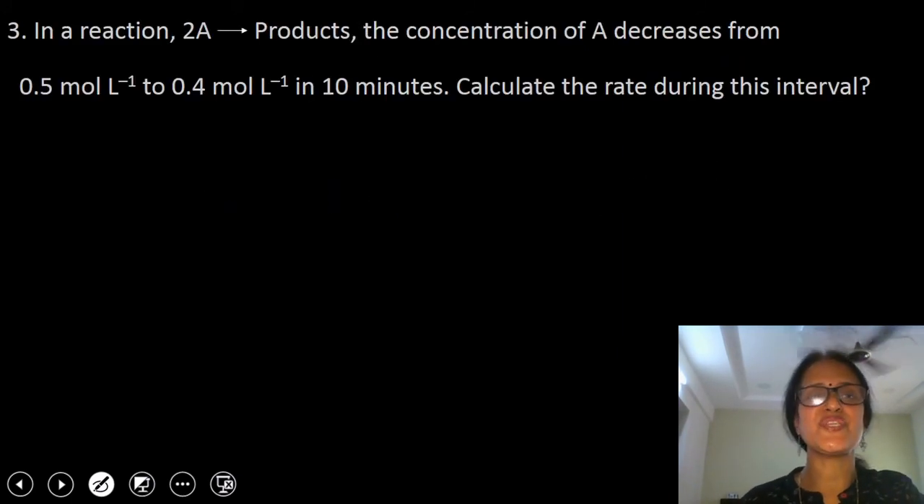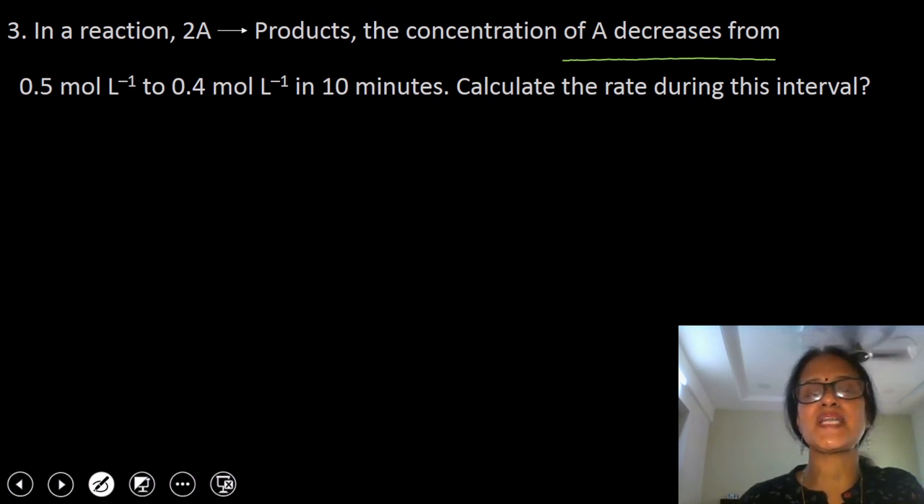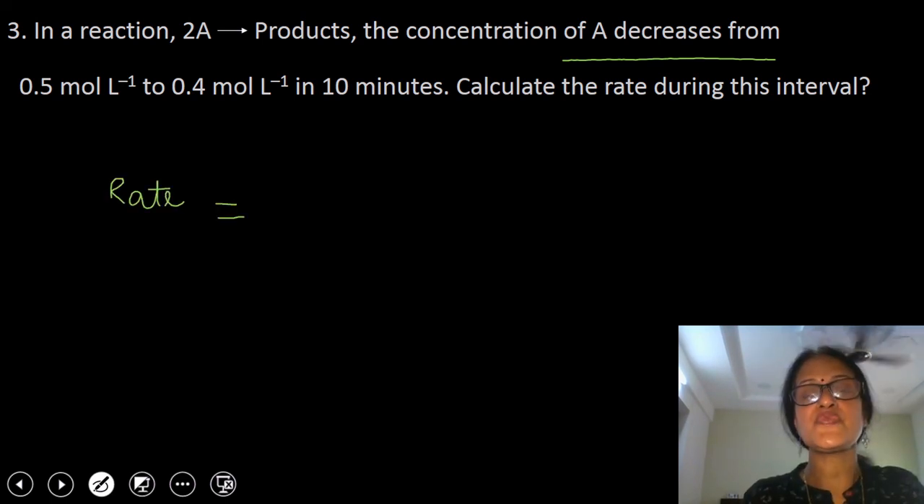One more question has been given to you. In a reaction 2A changes to products, the concentration of A decreases from 0.5 mole per liter to 0.04 mole per liter in 10 minutes. Calculate the rate during this reaction. Directly we will apply the rate formula. So rate of this reaction will be equal to, as we are expressing rate in terms of concentration of reactants,